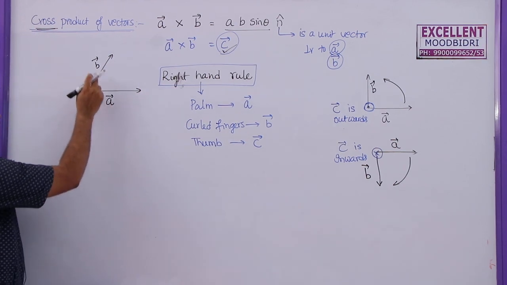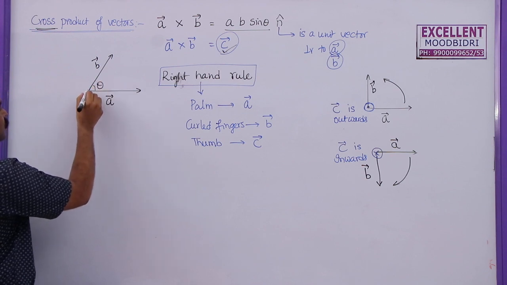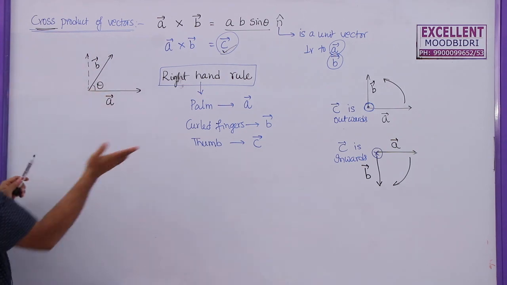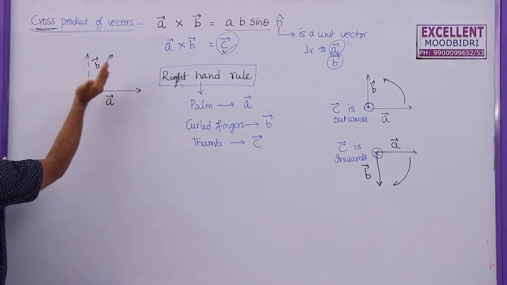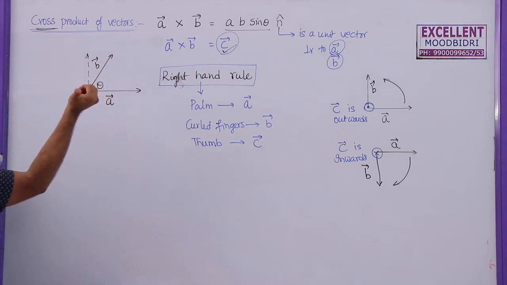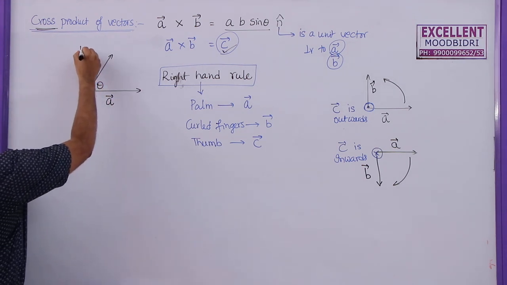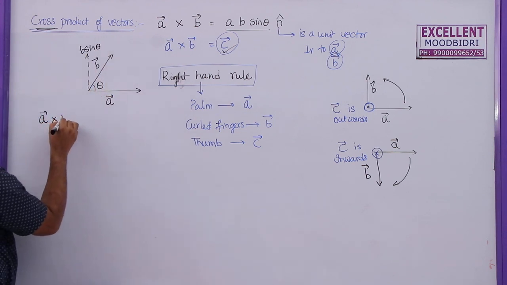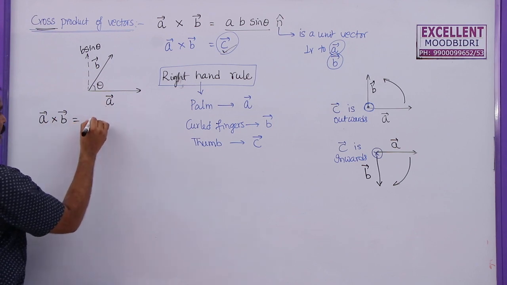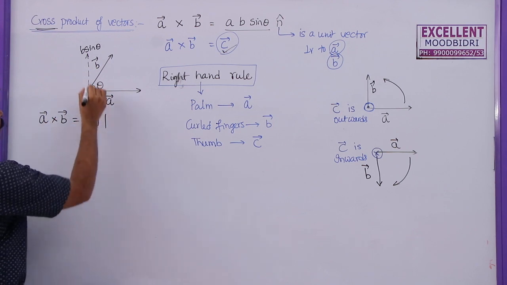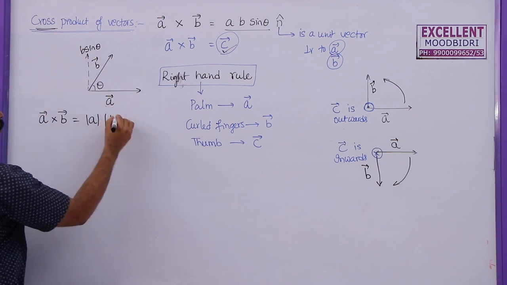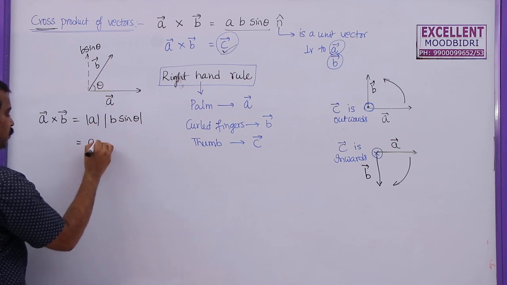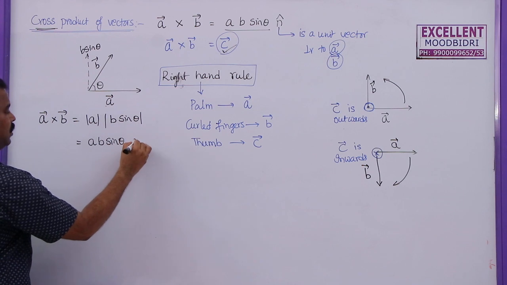If the angle between A bar and B bar is given as theta, as you know, we need to find a component which is perpendicular to A bar. Why? Because to apply this, A bar and B bar should be in the direction of this one, and here is the C bar direction. So, this magnitude is B sin theta. So, we can write A bar cross B bar is given by the magnitude of the first vector A, times the magnitude of the second vector perpendicular to A bar, which is B sin theta. So, the product will be AB sin theta n cap.